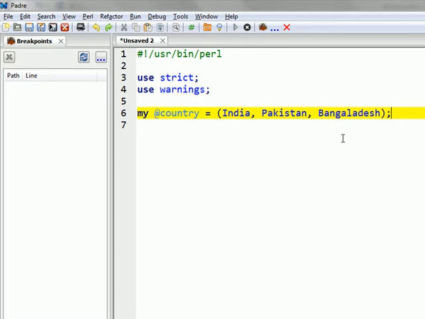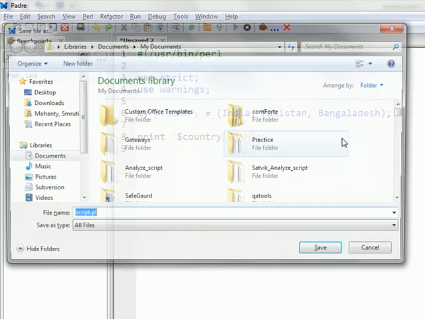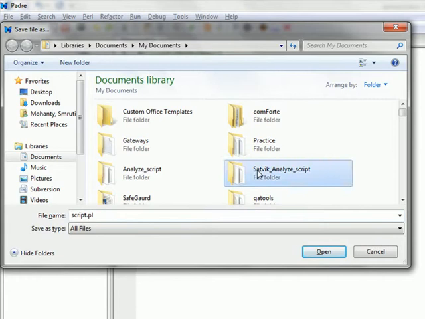So how do you print India here? You write something like print $country, and you will print the index, right? You will give the index here, \n is for a new line. Now we need to save it.